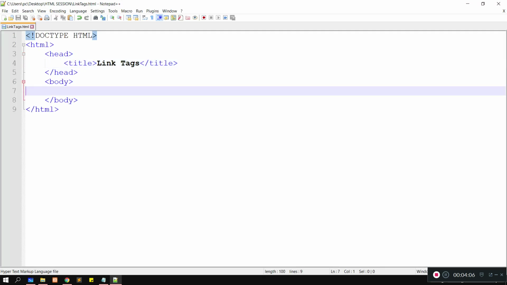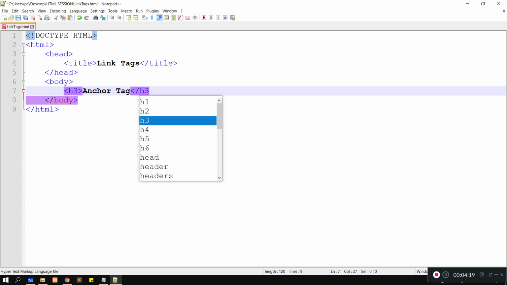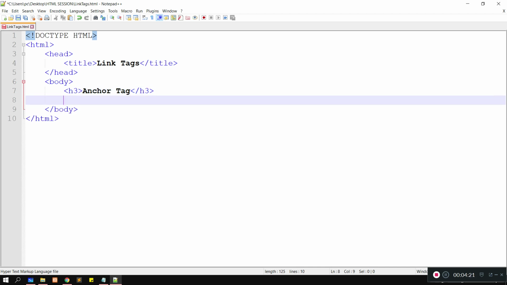Now let's give the heading inside an h3 tag, anchor tag, and close the h3 tag here, and just see how to write an anchor tag.